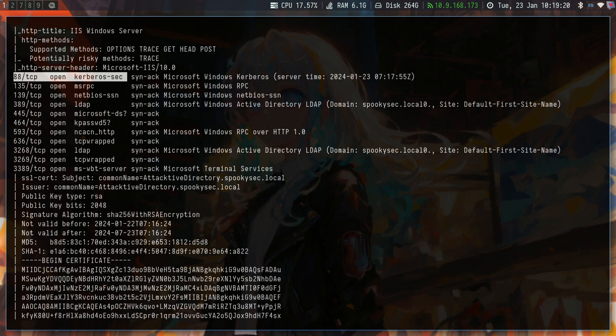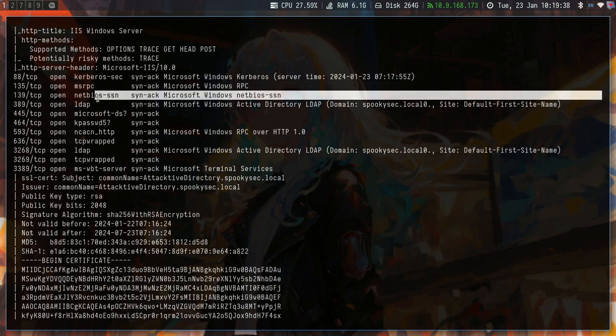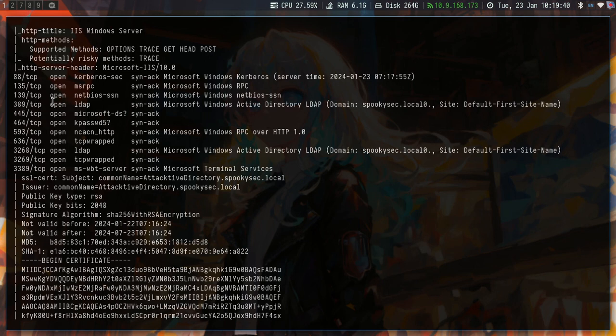authenticating users. Remember, there are two main ways of authenticating users in Windows, right? There is the Kerberos one, and then there is NTLM authentication. But mostly in Active Directory, you find the Kerberos one common. We have the Samba shares, that is SMB. We have LDAP open. So this is the